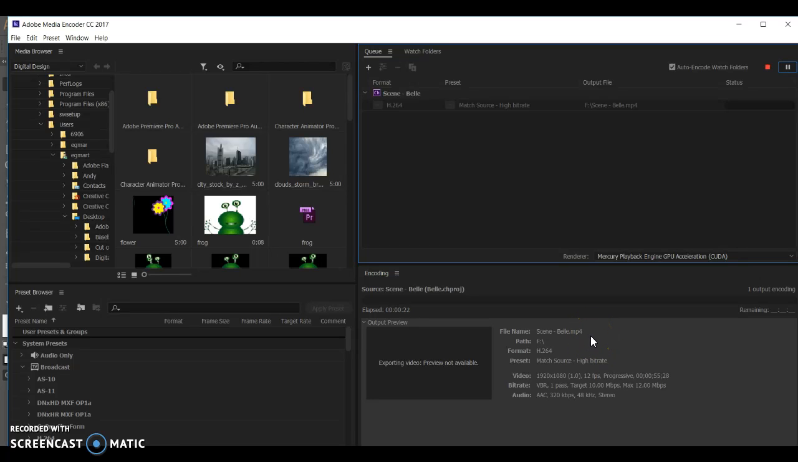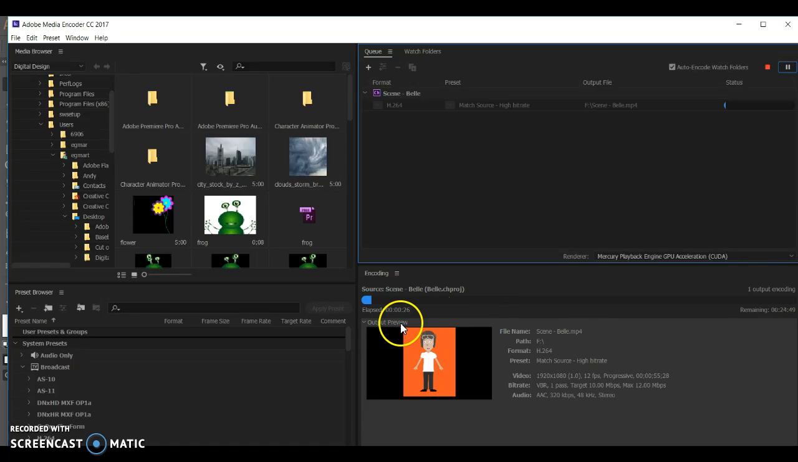Once this is complete, you have your audio recording done. You can see that it says this is going to take another 26 seconds, but at this point you have your audio recording done and your character